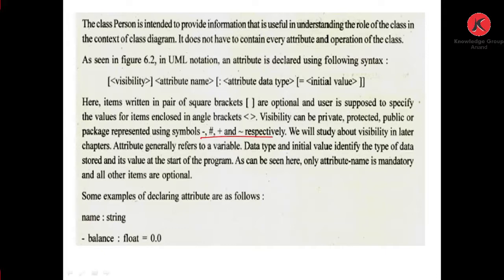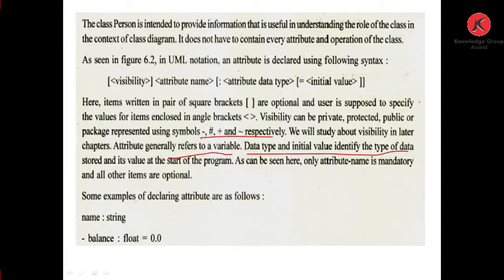Attribute generally refers to a variable. Data type and initial value identify the type of data stored and its value at the start of the program. As can be seen here, only the attribute name is mandatory and all other items are optional.